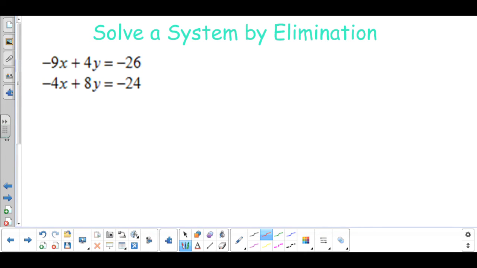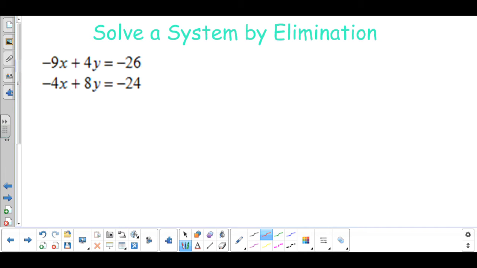Now our second example is not as straightforward as our first example, but we are going to follow the same steps. So here I have my two systems. I still want everything to be lined up: my x's, my y's, my equal signs, everything else. And I still want to have the same but opposite number in front of either my x variable or my